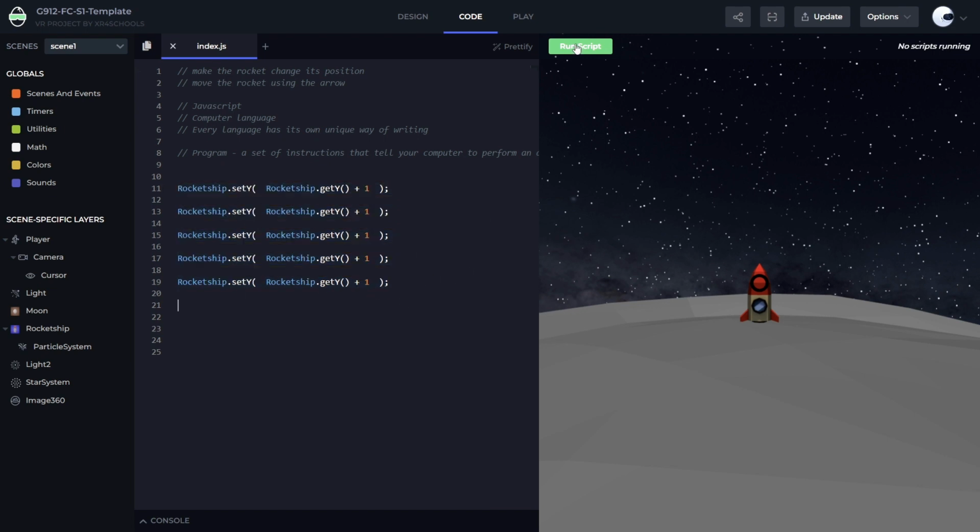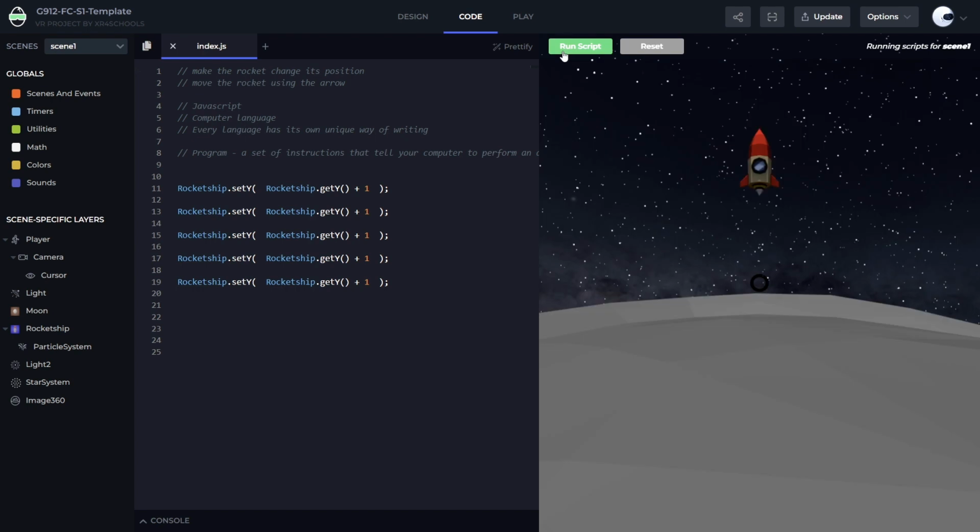So now if I run the script, we should see the rocket move. Yep, let's run the script. We did not see the rocket move. What happened here? What's happening is our computer runs all of these lines of code one